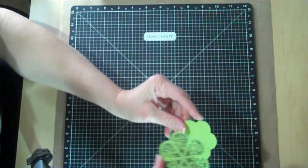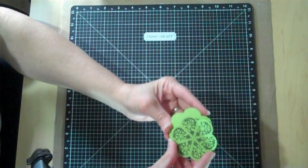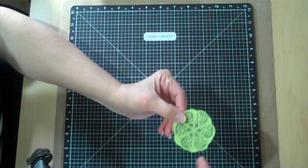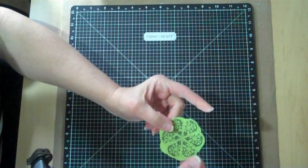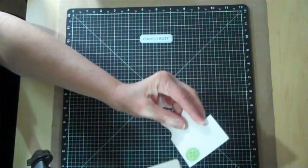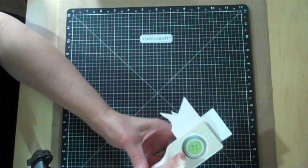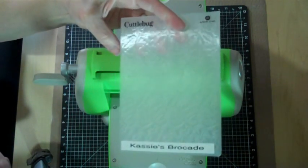So I'm using this stamp set now for stamping on pear colored cardstock from Close to My Heart. I used black ink and I stamped it on one of the die cuts with one of the petals, and then I left the other green petal die cut blank so that I could layer it along with this 1-inch circle that was stamped also with the pear ink on white daisy cardstock. Then I use a little bit of adhesive to put my 3 layers together, and this is for the technique